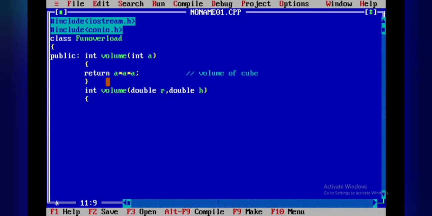So first you must know the formulas, how to find the volume of cube and the volume of cone. So here I am returning A into A into A.